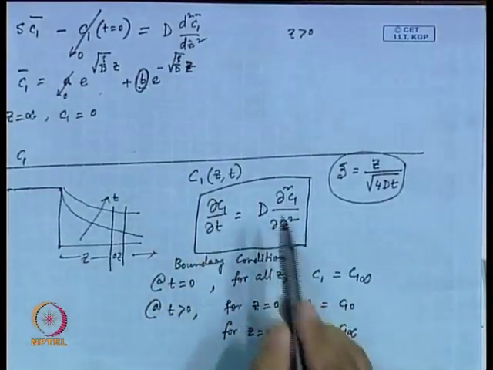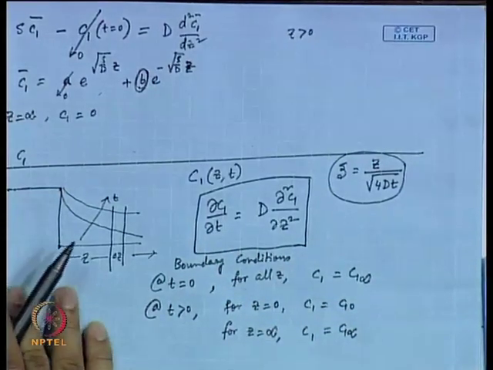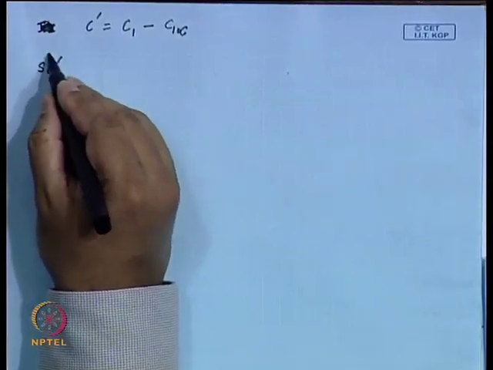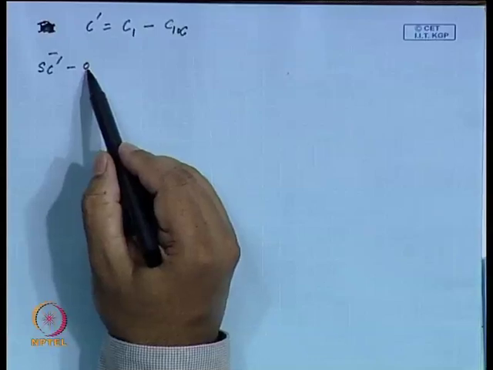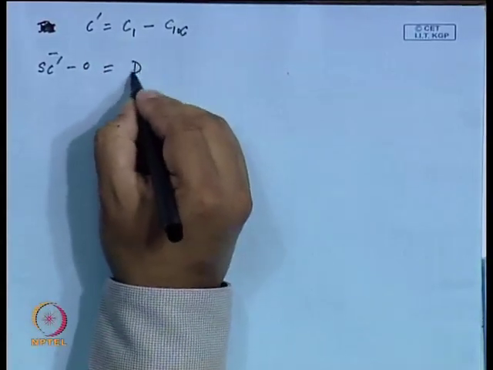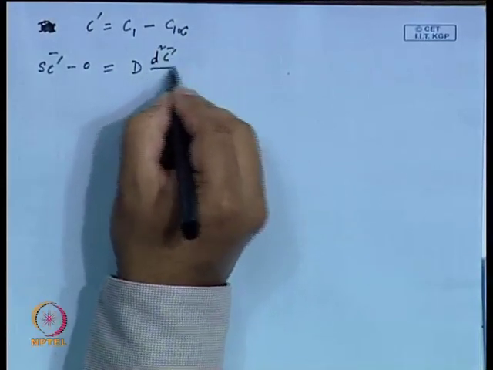So, this was the equation that we are writing. Left hand side would be as before, it would be s C1 minus concentration at t equal to 0. Now, that would cancel out because your C prime is a deviation variable. So, C prime would be equal to 0 now, got my point. So, you would be writing it as s C prime bar minus 0. This is 0 because this deviation variable would be 0, but actually at t equal to 0 it is C1 infinity, right. So, this would be equal to d square C prime bar dz square,